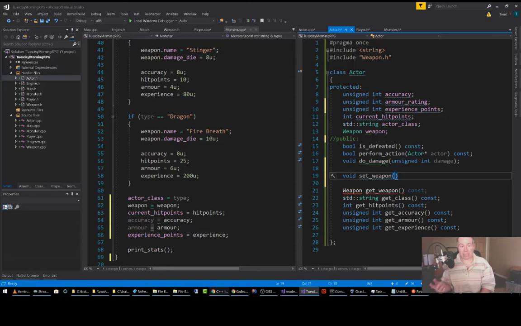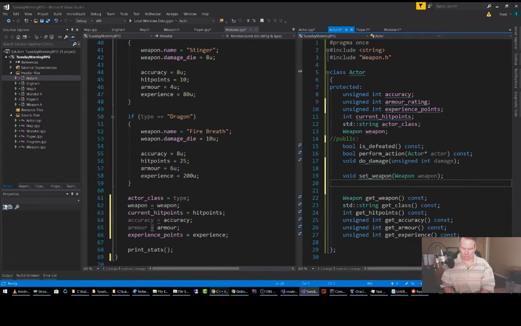And it returns nothing back, but it takes an argument of weapon. So what else are we setting? So void set class, and this std string. I could name it class, but